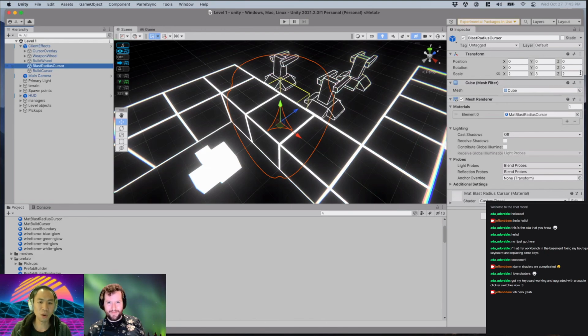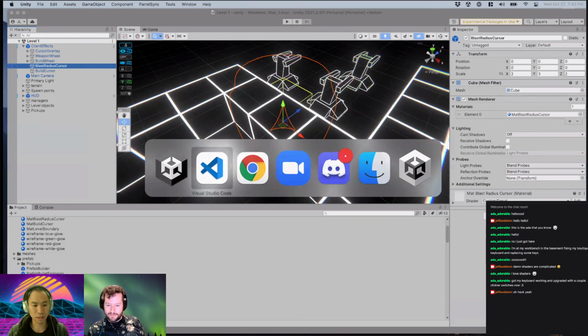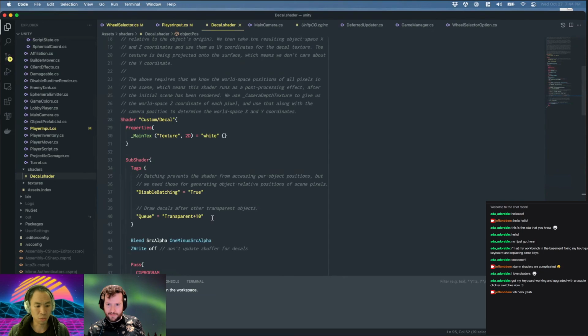Yeah. You also asked an interesting question earlier, which is how does it know to draw this after everything else? Right? Oh yeah, what's our shader? It relies on the fact that stuff has already been drawn, or else that whole sampling the depth texture is not going to work anymore, right? So in Unity, this is a totally engine dependent thing. If we just take a look at the shader, you basically use this arcane tagging system to say,